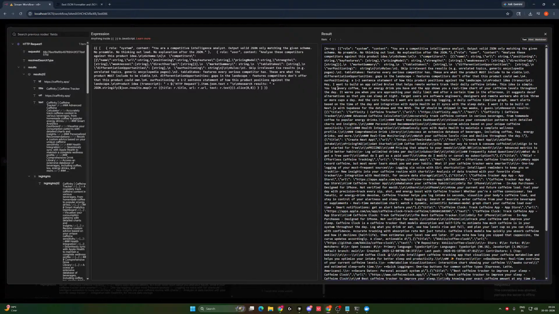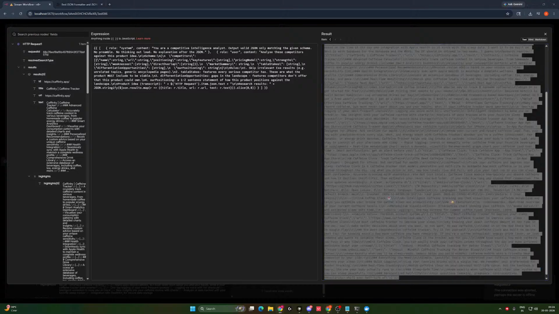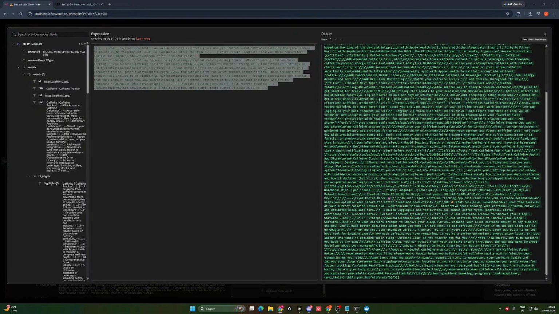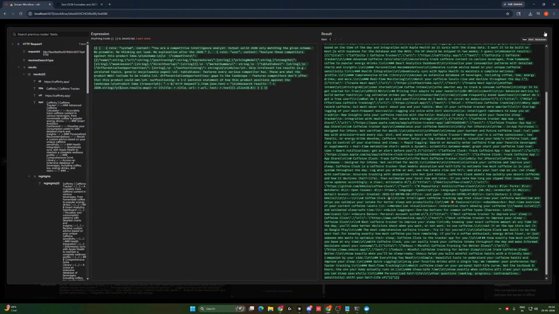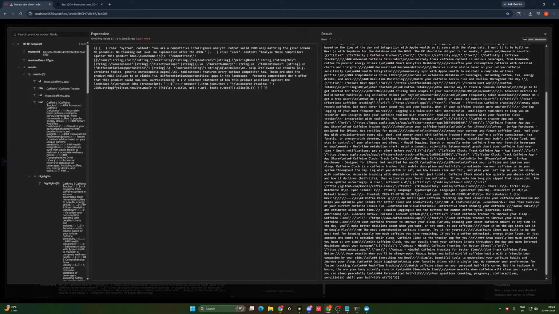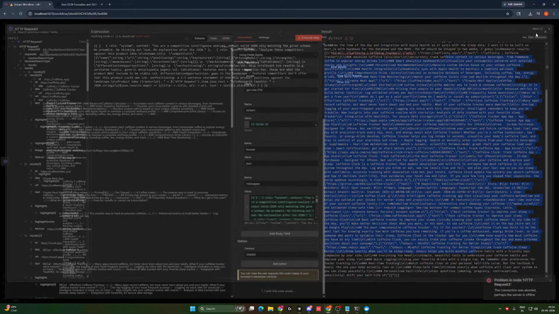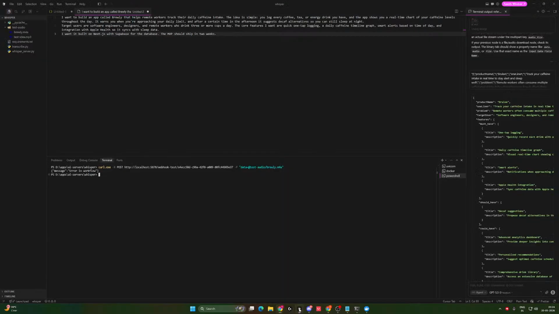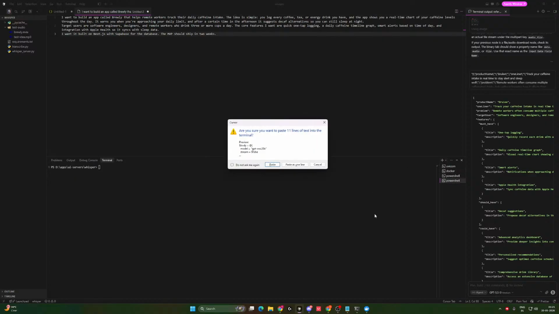Let's just copy this and give it to Claude and see what it says about our prompt. The payload is fine. I can see we have got everything that we need. It should be something else. Let's just try and hit in here once. Paste.